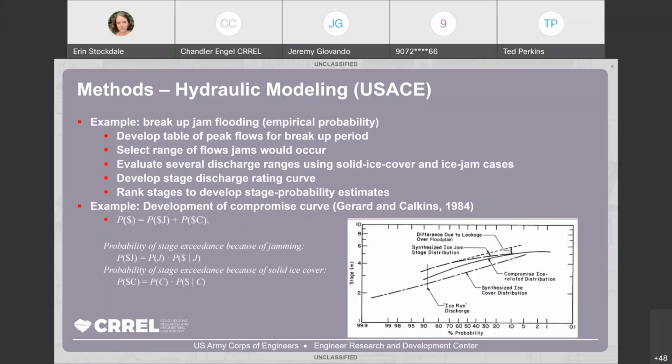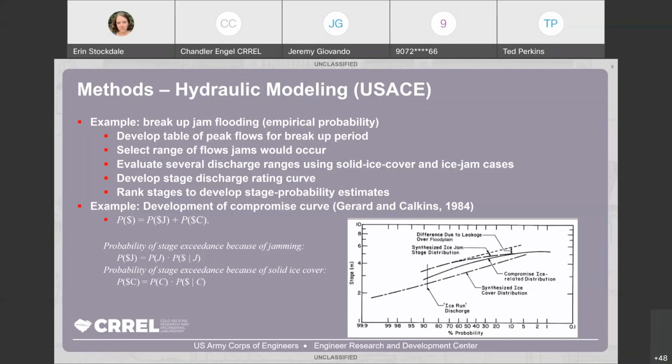So just an example, if we wanted to do a breakup jam flood estimation, and we wanted to get the empirical probability of the stage from breakup jam, the first step would be, we first want to know what type of flows may be present, just unimpeded, or flows that would occur without any sort of ice effects. And that could be done through a variety of methods, but essentially trying to understand